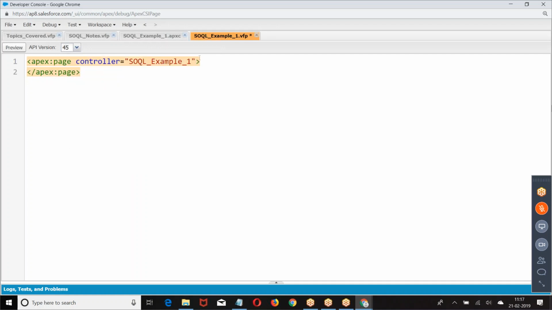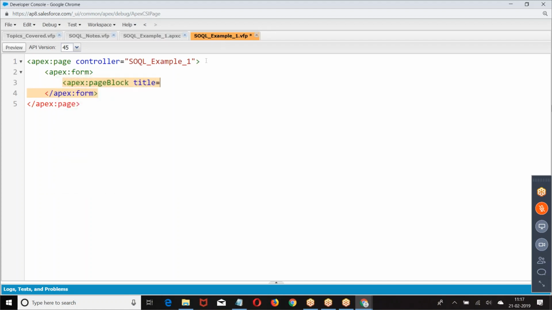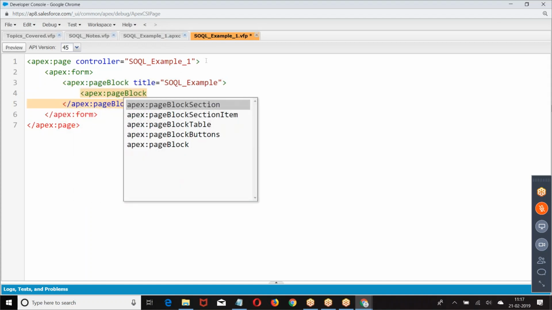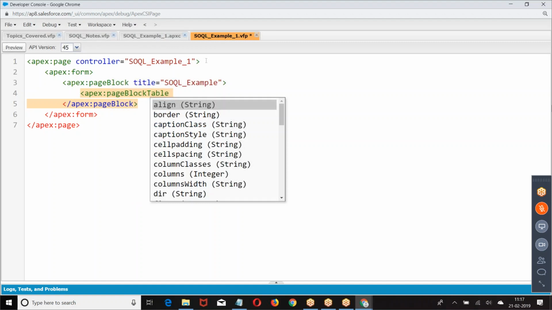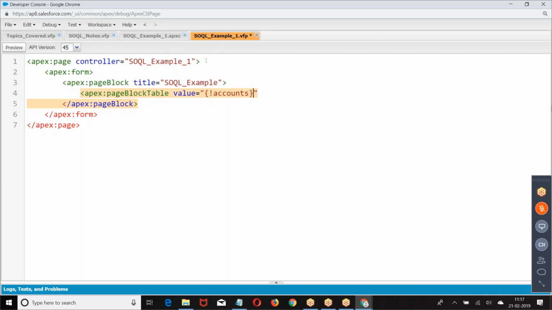Apex page block table value equal to list of accounts, var equal to accounts.